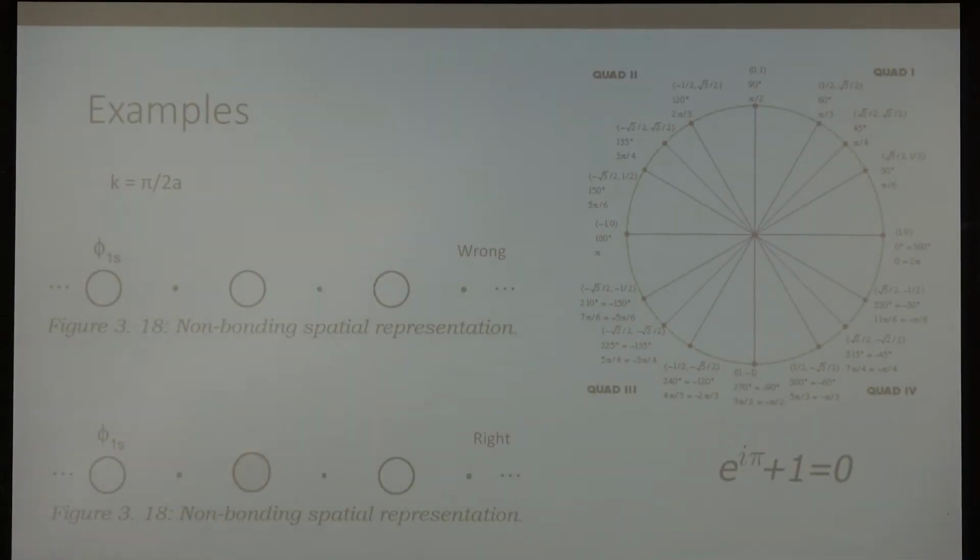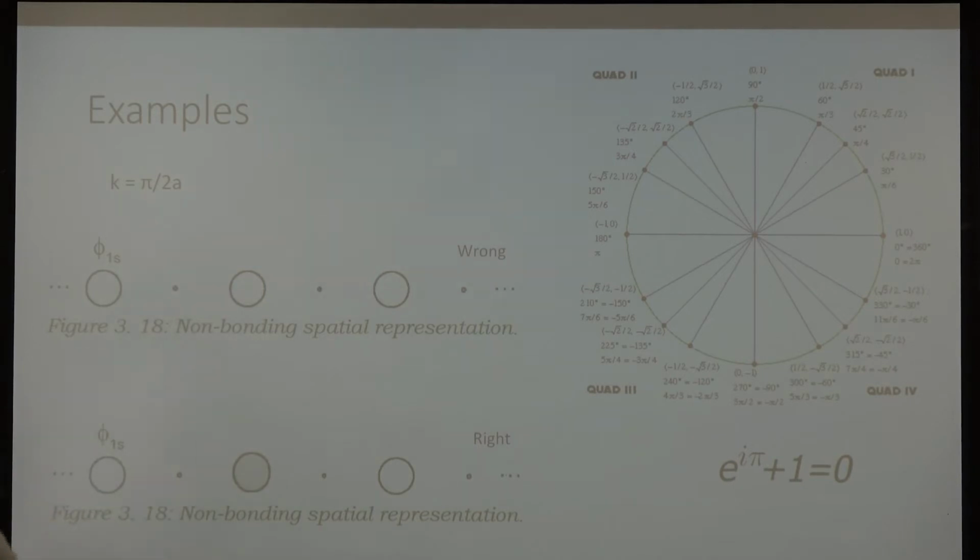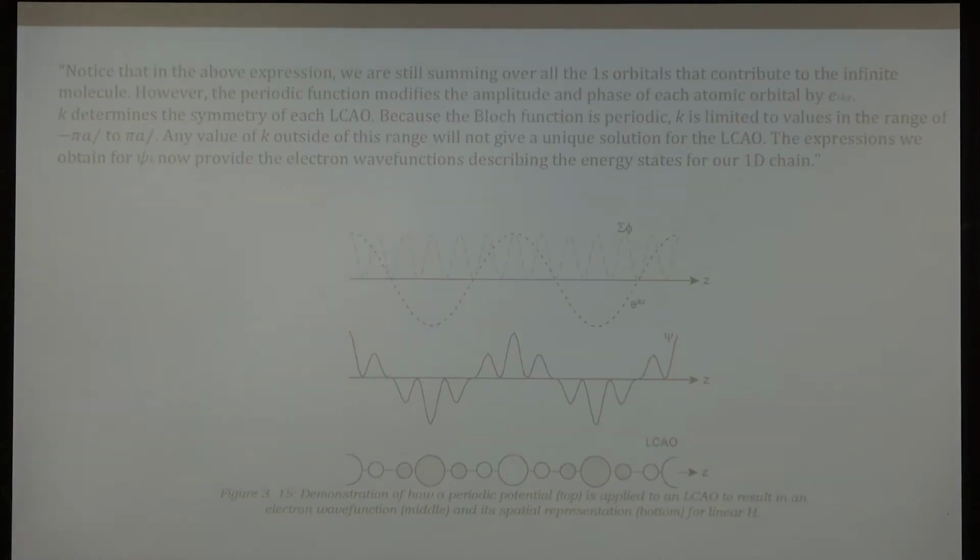This is an error, right? Last time we looked at this, a pi over 2a orbital, and we couldn't figure out why this one was the same phase as these three. So this is correct. This center one should be shaded. Just a reminder, what we were looking at last time was